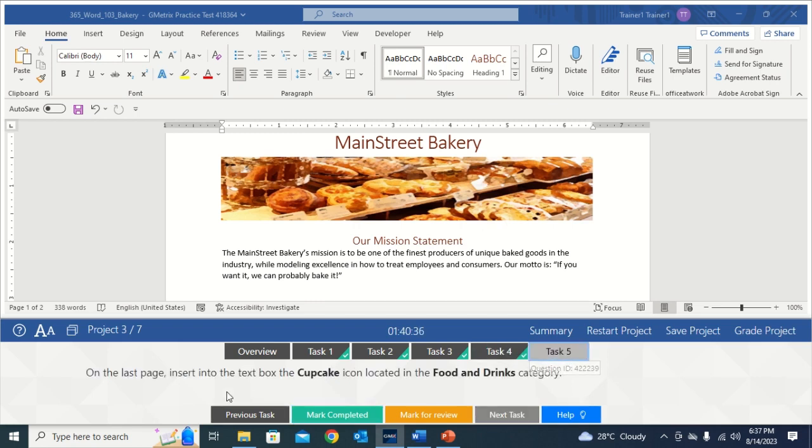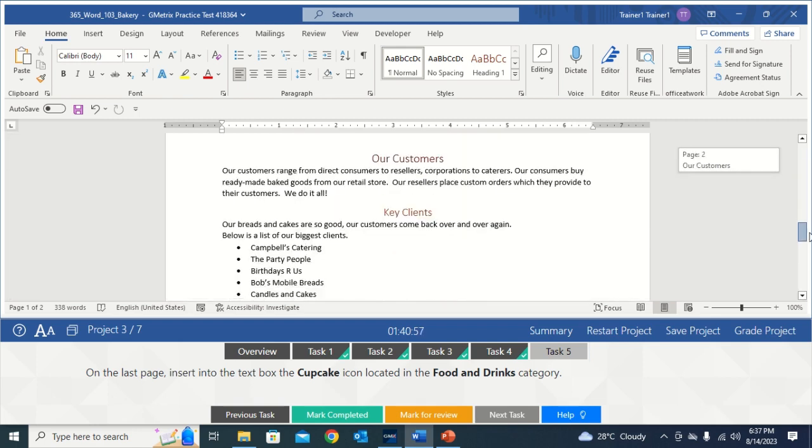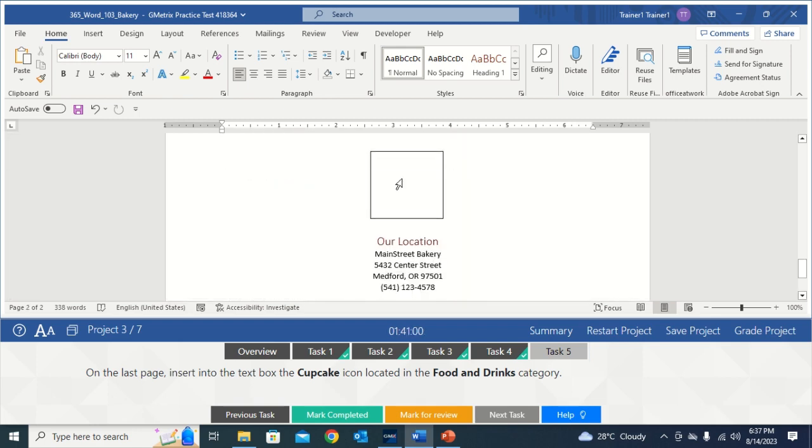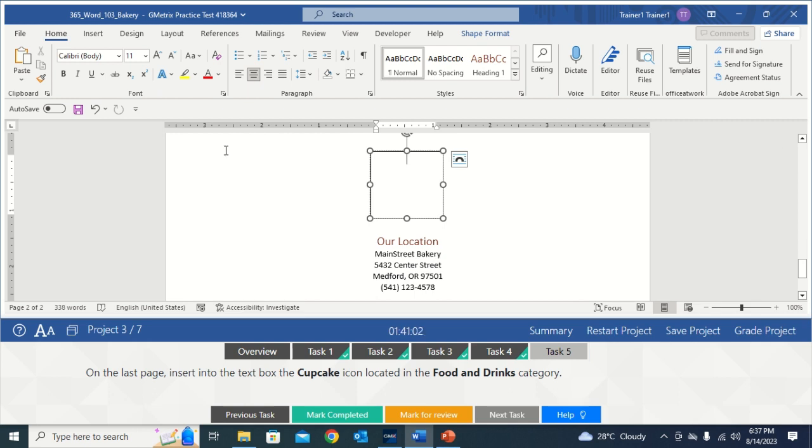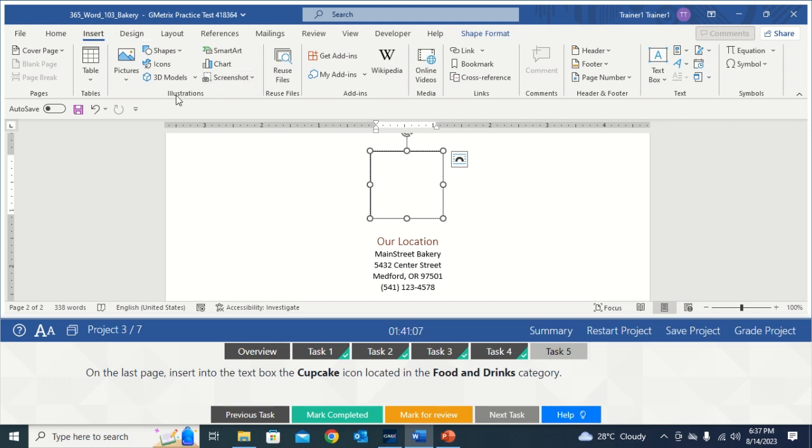Now task 5. On the last page, insert into the text box the cupcake icon located in the Food and Drink category. So to do this, on the last page, just scroll down to the last page. Then in the text box, just click inside the text box and click on the Insert tab, and in the Illustrations group, click on